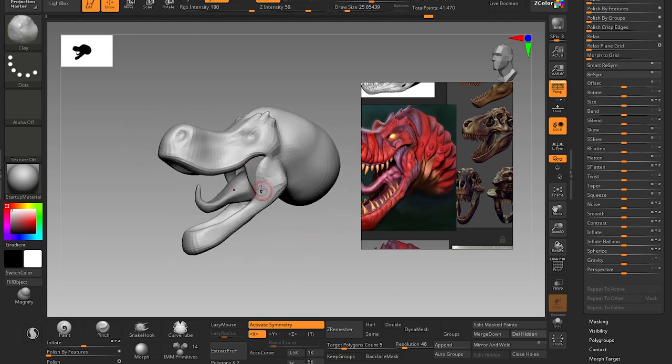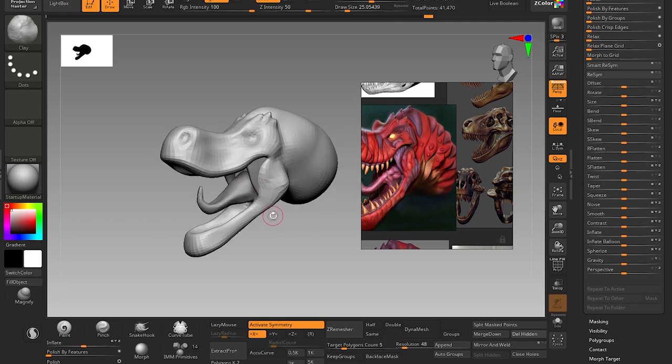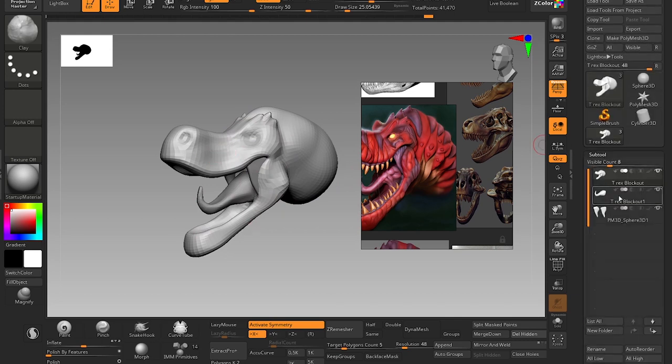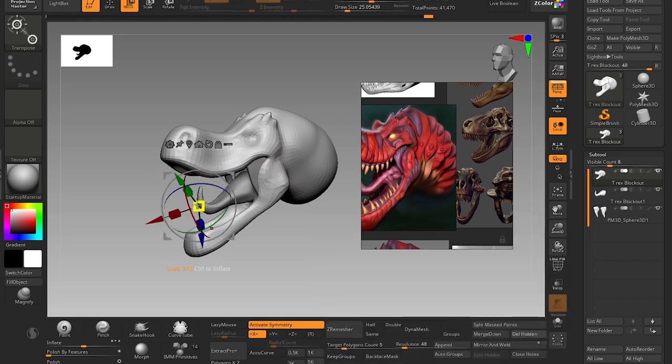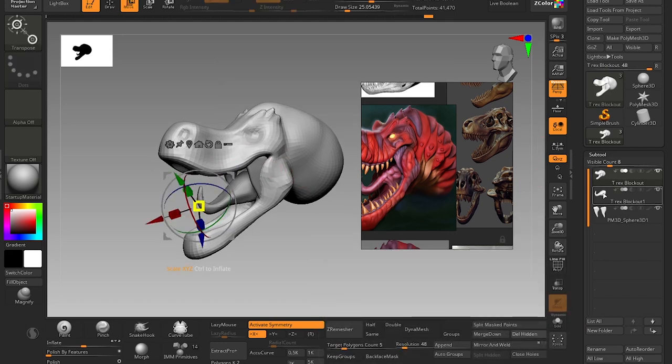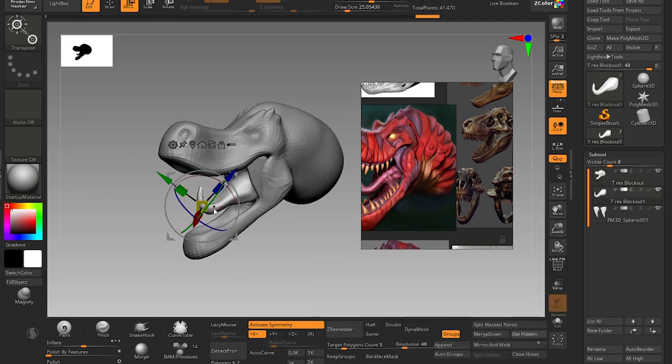Okay, what I was trying to say is that I'm liking all the shape, but I think the head is quite small for me. So what I will do is scale all the subtools together. You cannot scale all subtools together by default; there is not an option here. You would need to switch between them, hit W, scale that, go to the tongue, hit W to scale that. But there is another shortcut which I